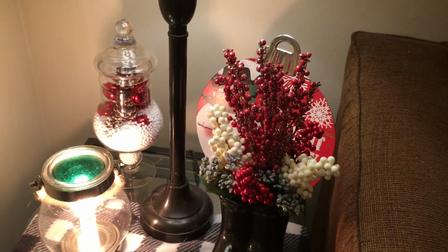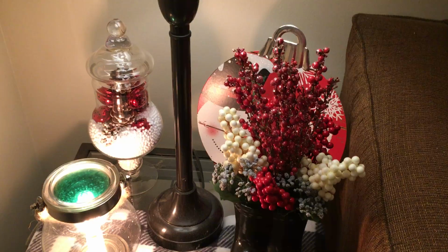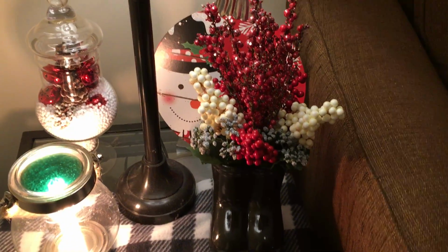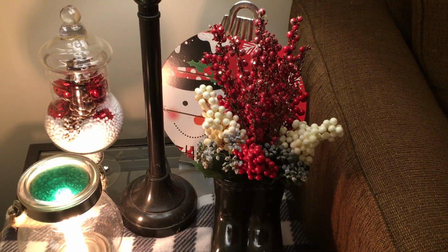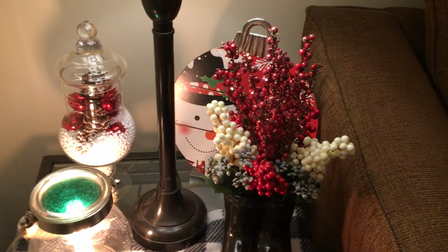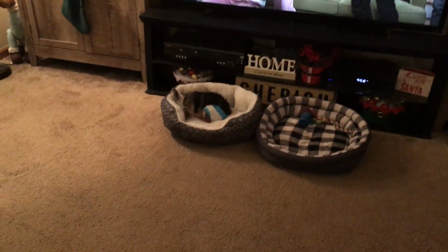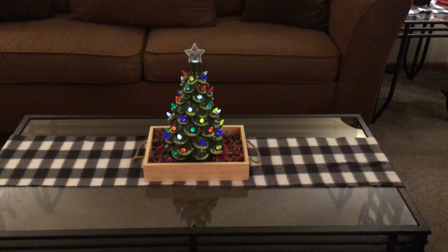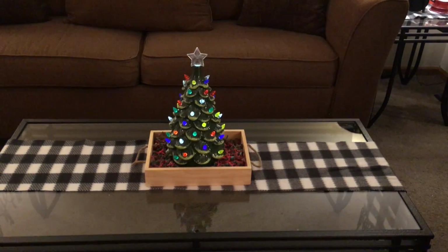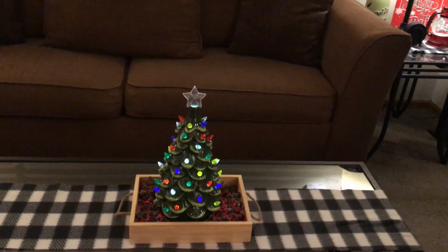Then I have, of course, my wax melt with pine burning because everything is about pine, of course, this time of year. And then I have my Santa boots that come from the dollar spot at Target, and I've got them filled with the little berries and stuff from the floral department at the Dollar Tree. Then we'll come over here to my table, and very simple, just have one of the scarves on there as a table runner, and then I put one of the little wooden crates in the middle,